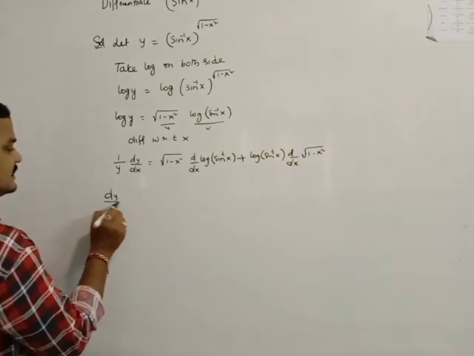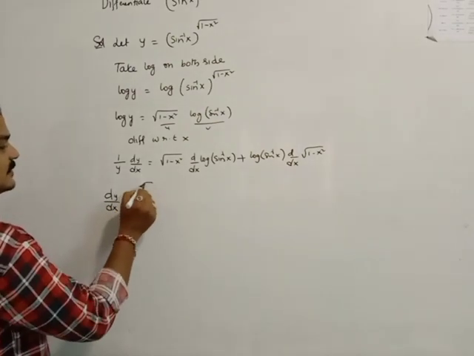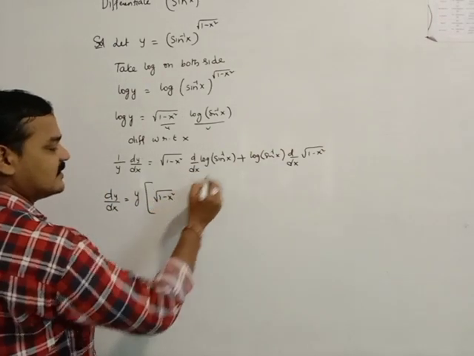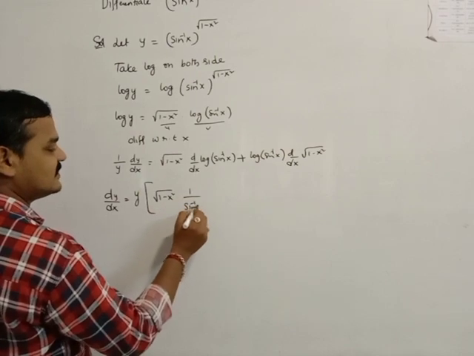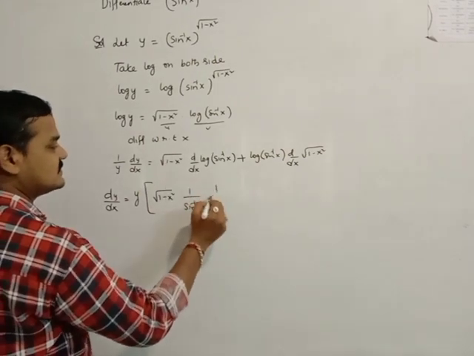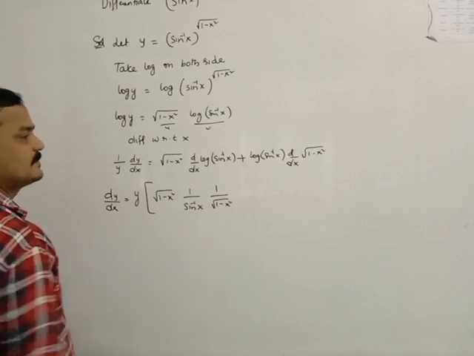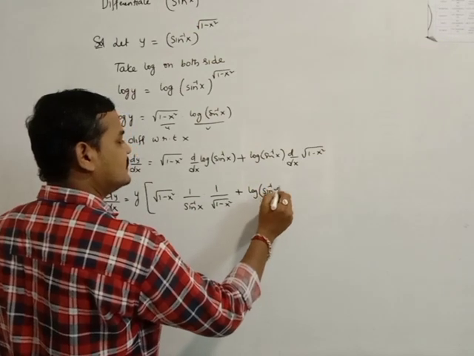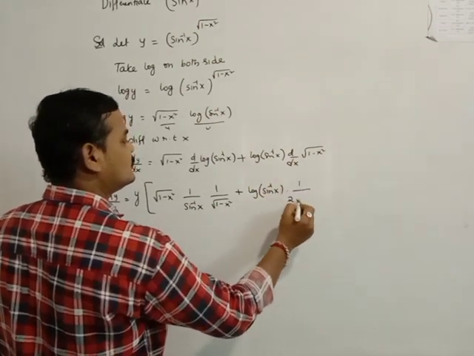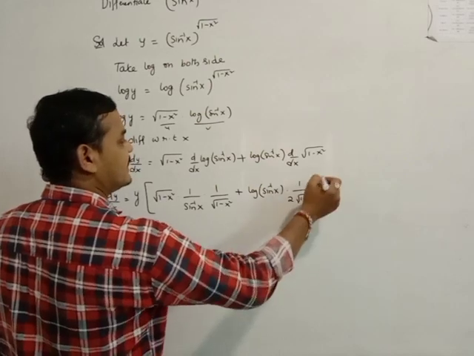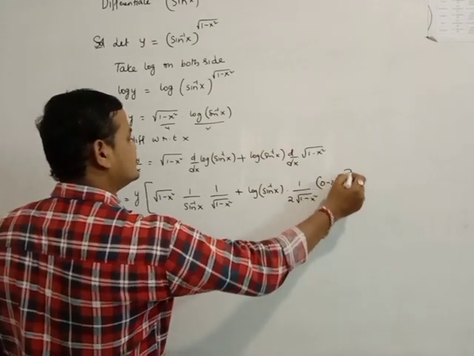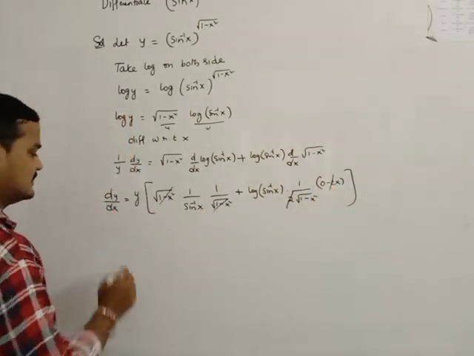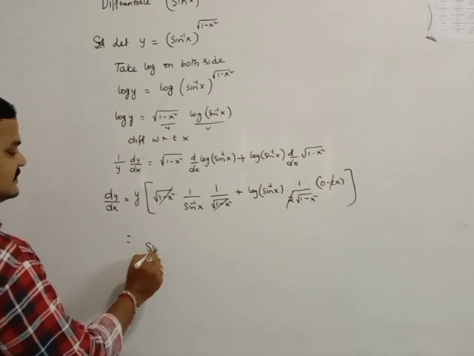So finally, dy by dx is equal to y, bringing y to this side, y into root over 1 minus x square into, first of all, the log function, 1 by sin inverse of x, and the derivative of sin inverse x is 1 by root over 1 minus x square, plus log of sin inverse of x into the derivative of this, which is 1 by 2 root 1 minus x square, again derivative of 1 minus x square is 0 minus 2x. So finally the 2 cancels, and again this cancels. So y means sin inverse of x